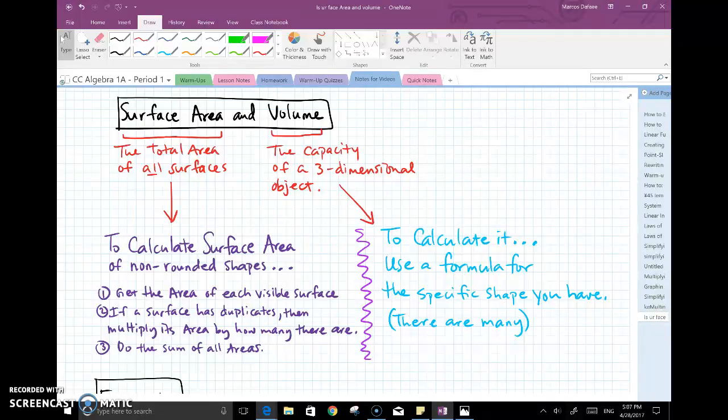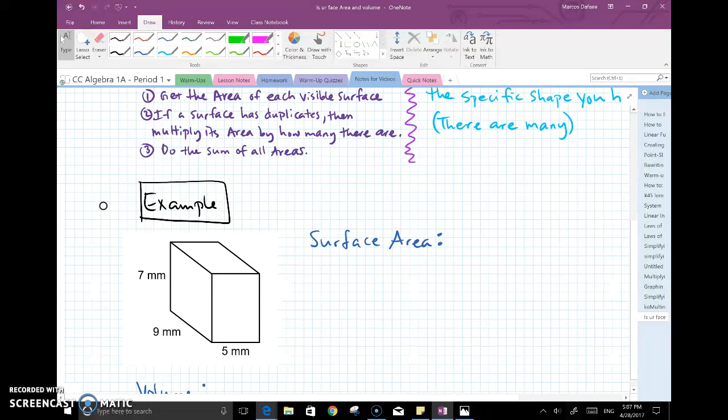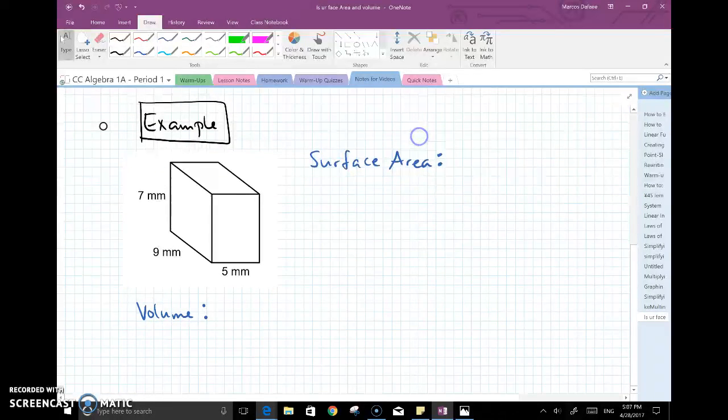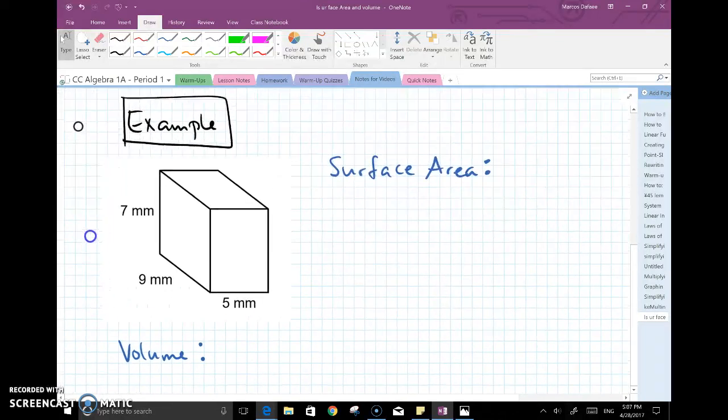In this example, we're going to calculate the surface area. Now to do that, you have to get the area of each visible surface. If a surface has duplicates, then you will multiply its area by how many there are. And finally, you will do the sum of all the areas. So let's go ahead and get into this and see what this looks like. So for the surface area,